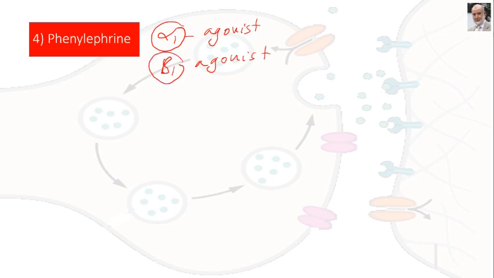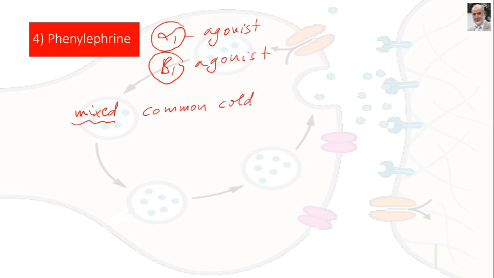Okay? By acting as an alpha-1 agonist, phenylephrine is usually mixed with other drugs, as we will mention later, in the treatment of common cold